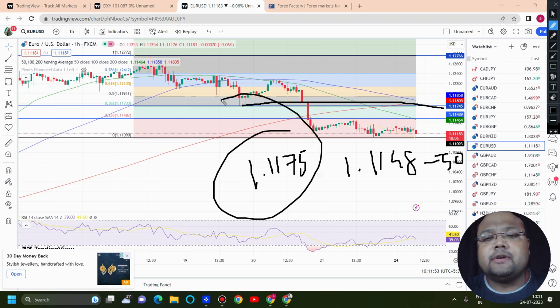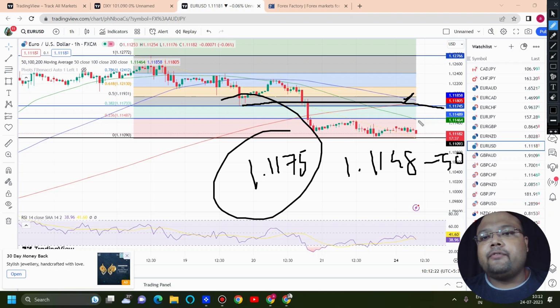1.1175. Around this level we have a good resistance. Why? Because this was the same level that acted as previous support, and right now we can see that we have moving averages acting as dynamic support around this area. We also have Fibonacci, our beloved favorite Fibonacci. So if we combine all the factors, we can see a strong presence of sellers around 1.1175, 1.1180. If the market reverses, we can look for a sell. But